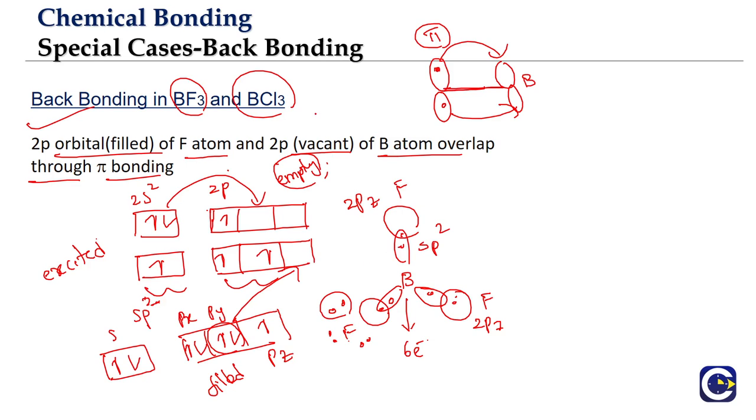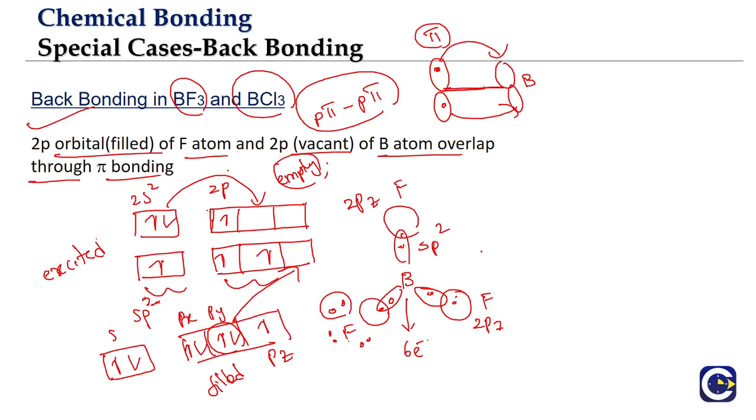You know what we call it as? There is a way in which we will name them. So we will call it as p pi back bond. Why are we using the word p pi? Because it is from the p orbital of the fluorine to the p orbital of the boron. That's why we are calling it as p pi. We will see later that we will also use the words like d pi, p pi, like that. So depending upon what are the orbitals used for the bonding, we will be accordingly naming this back bonding.